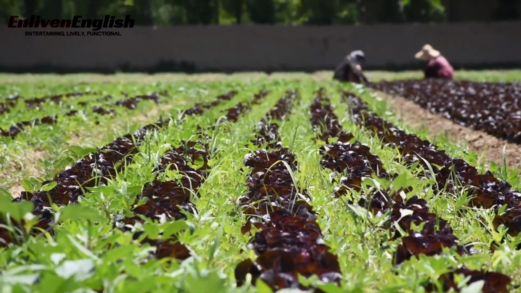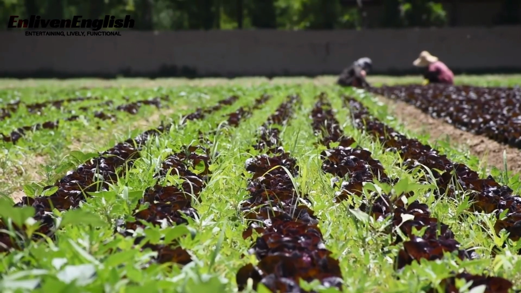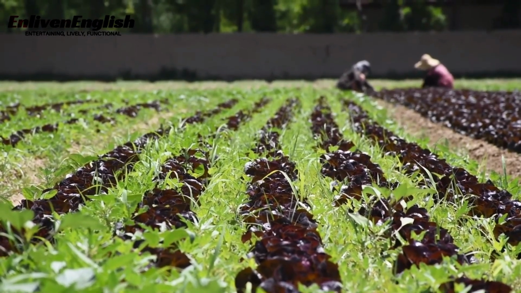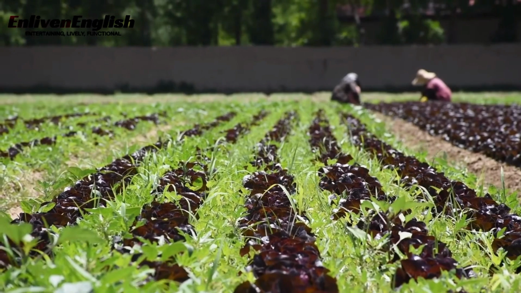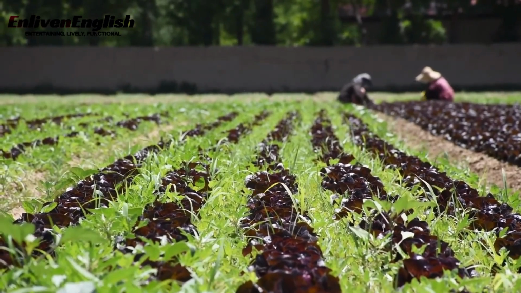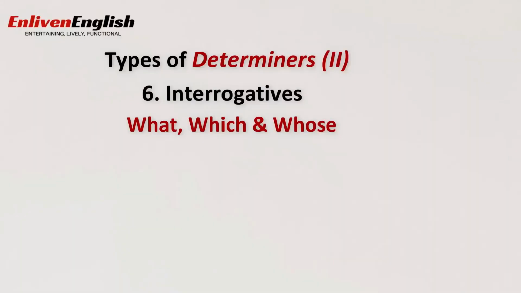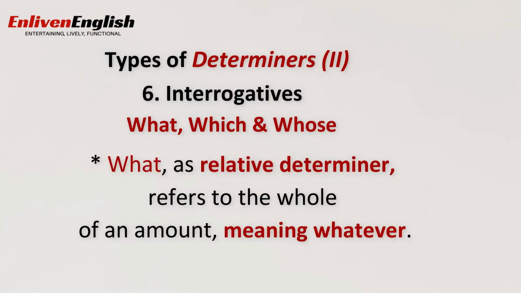In the first four examples, we were asking for information specifying someone or something. In the last two, we were seeking information belonging to which person. Now let's see how what, which and whose function as relative determiners. What as relative determiner refers to the whole of an amount, meaning whatever, as in